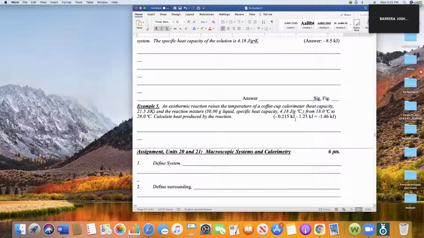So you just move the decimal place three over. 0.215 kilojoules, and then you subtract 0.215 kilojoules from, or you subtract 1.25 kilojoules from that number, and that should give